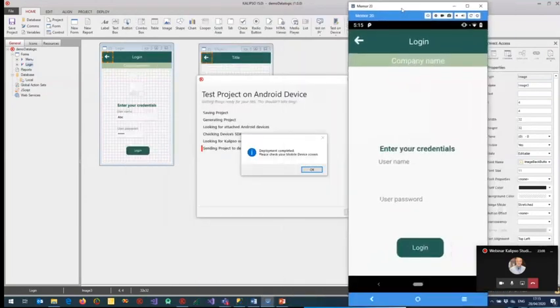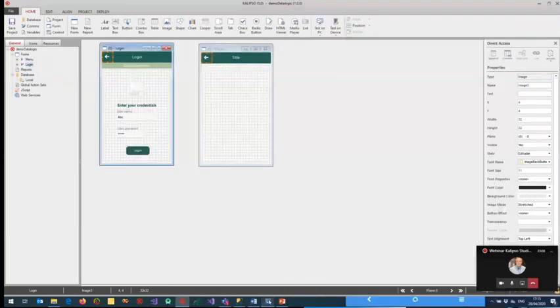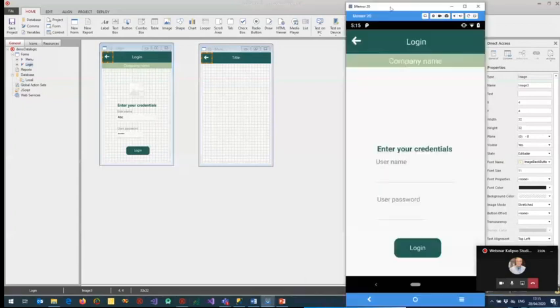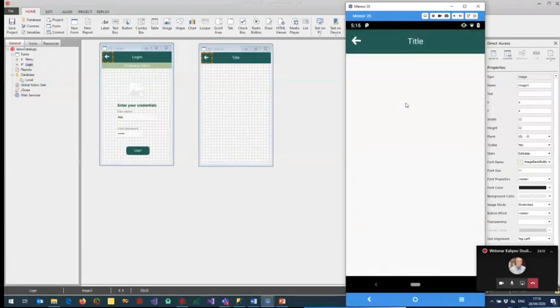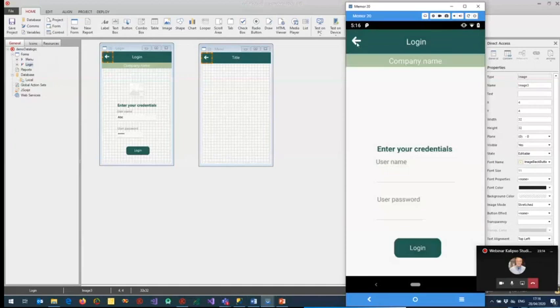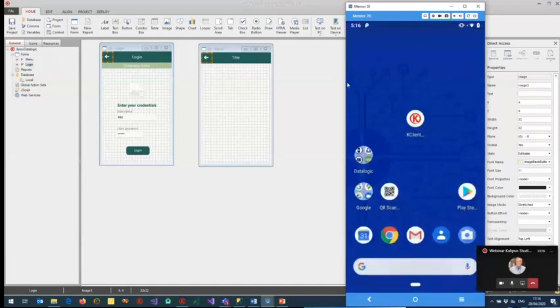Okay, here it is. So, as you can see, this is my Memor20 device, and it's already executing my application. I can click on the login button and go back again, and it's working. If I test it again,